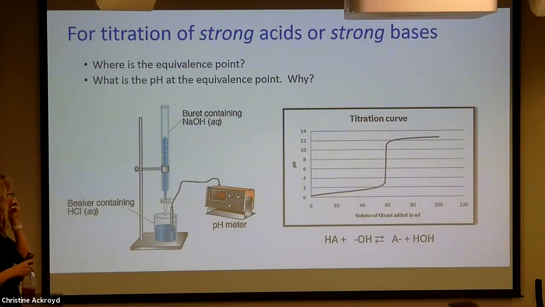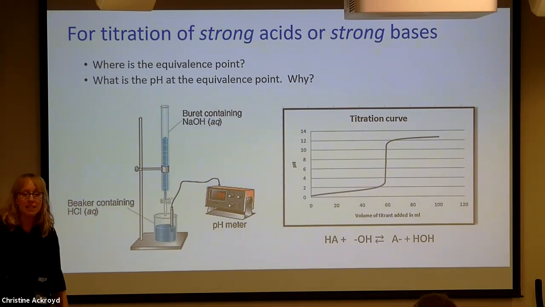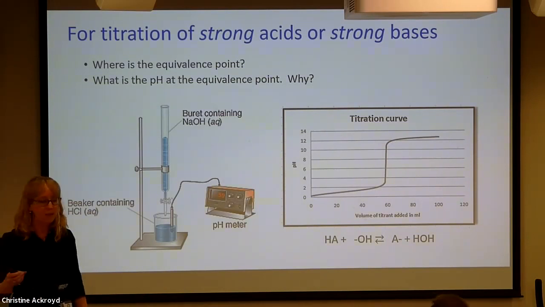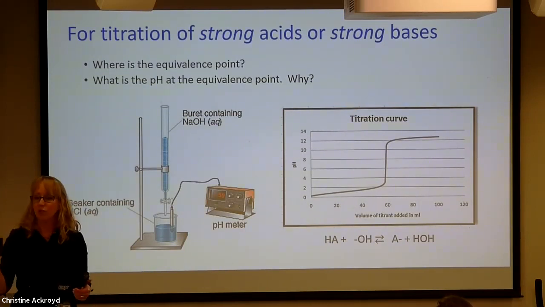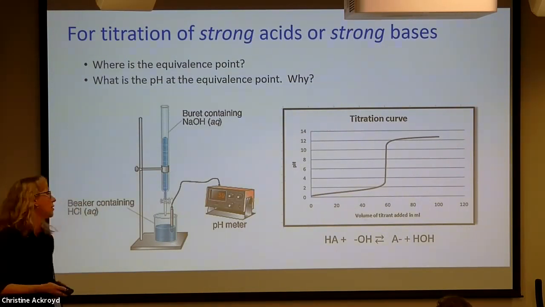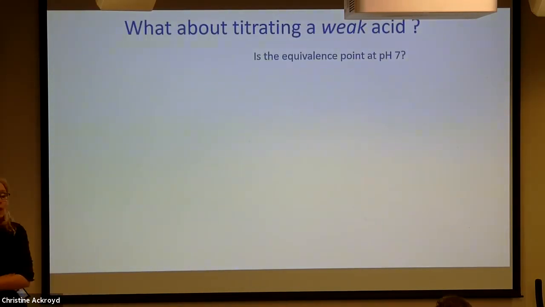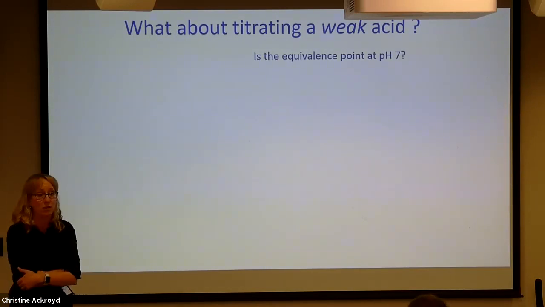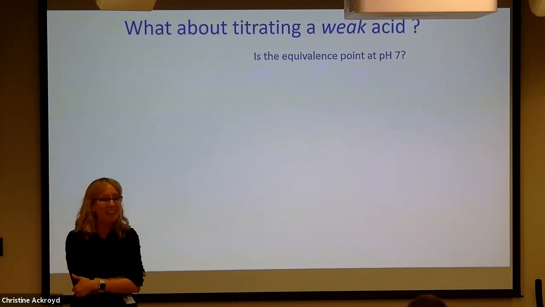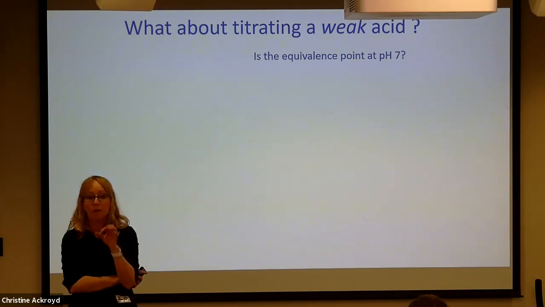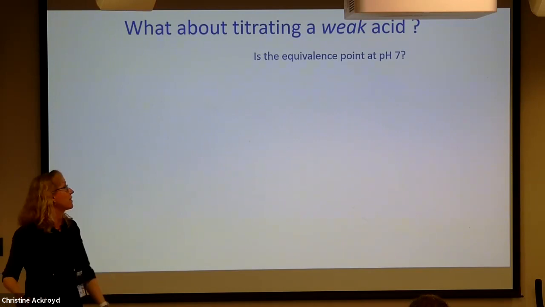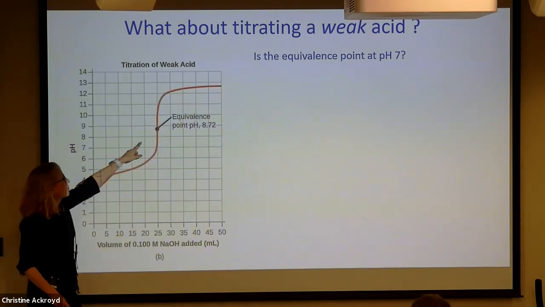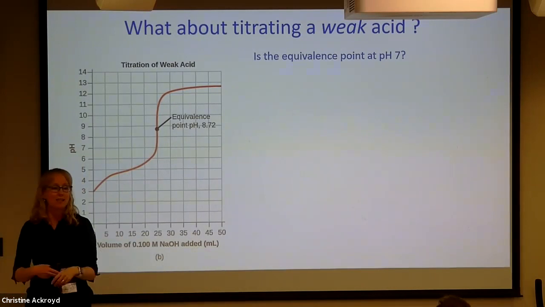Okay. So if our sample is a strong acid or a strong base, what's the solution pH at the endpoint? pH 7. Exactly. Okay, what about if the sample that you start with, suppose we're titrating a weak acid with sodium hydroxide. At the endpoint, what will our pH be? Okay. And people are saying higher than 7. Why will the pH be higher than 7 if we start with a weak acid sample?